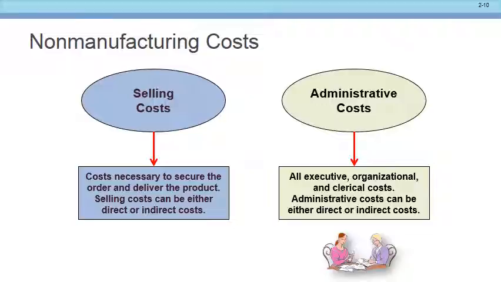What happens if we have some sandwiches that aren't done yet? In other words, we come to the end of the year and we put the meat on top of the first piece of bread, but we haven't put the cheese on yet. That's going to be considered what? Work in progress. Good. Work in progress inventory, because it's not quite done yet, is it? And then as it's done, it'll go to what? It'll go to finished goods, won't it?